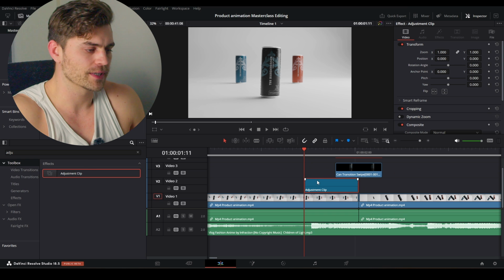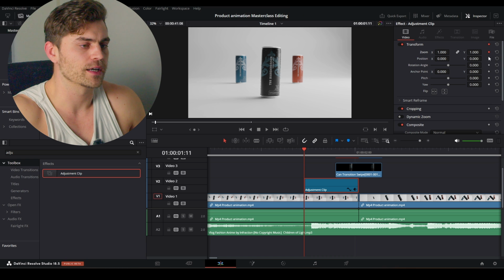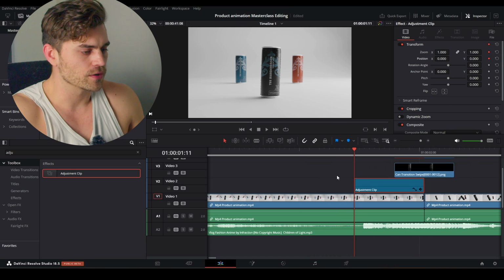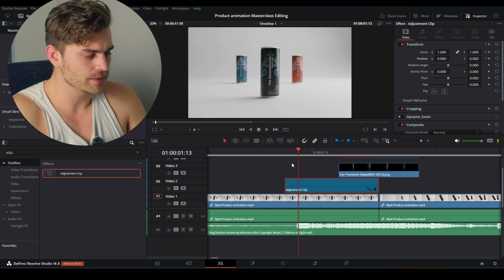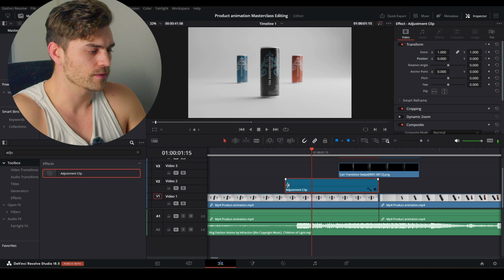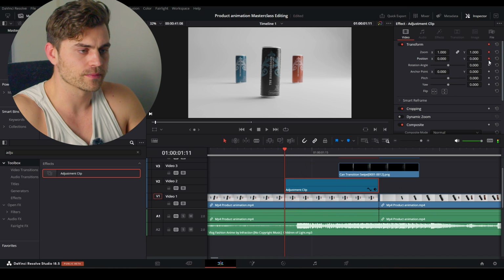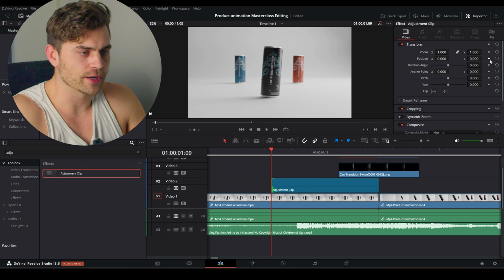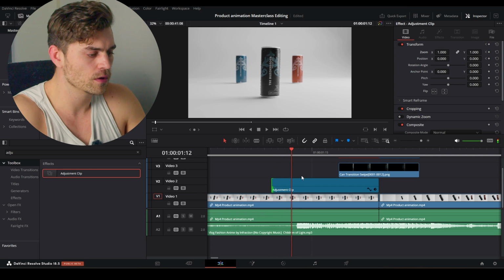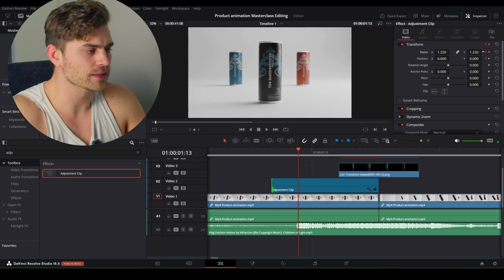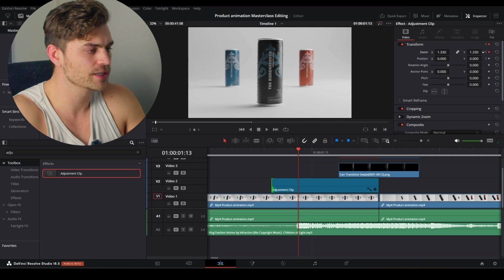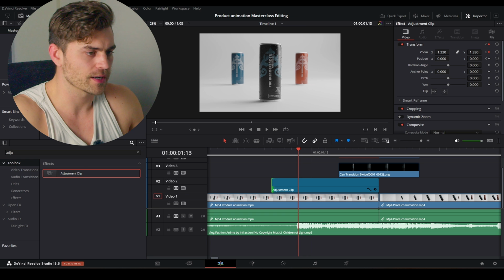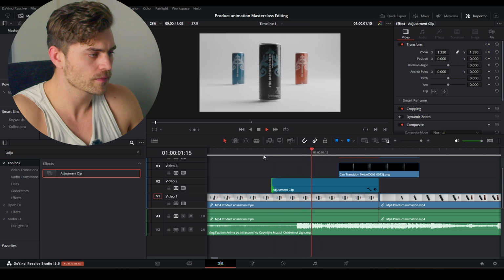So on the adjustment clip, I'm heading into the inspector right over here, and we can press on zoom, and these are the keyframes. And I'm going to make one for the position as well. So right over here, we want it to zoom in on the beat. So maybe I'm going to take away these keyframes, make it just a little bit longer, and right over here place my keyframes. And right here we want it to be zoomed in. So exactly when the beat happens, it should be zoomed in. And I'm actually not going to use the position. There you go.